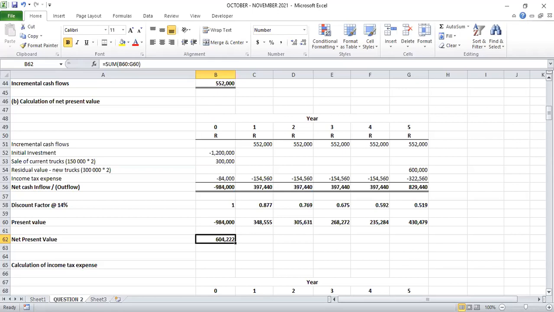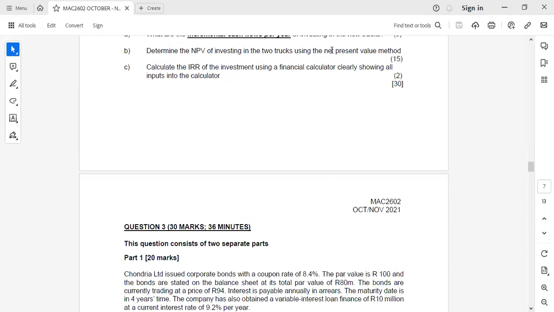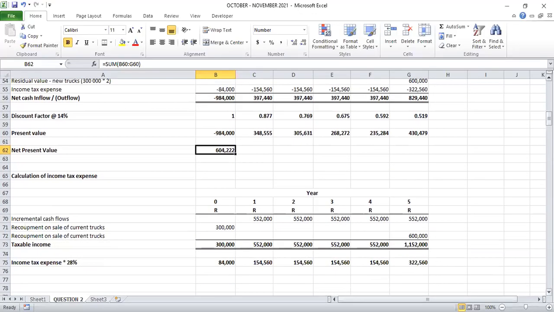Right. Then the next question, it says, calculate the IRR using the financial calculator. So it's the same like what we did the other time. So we're going to say